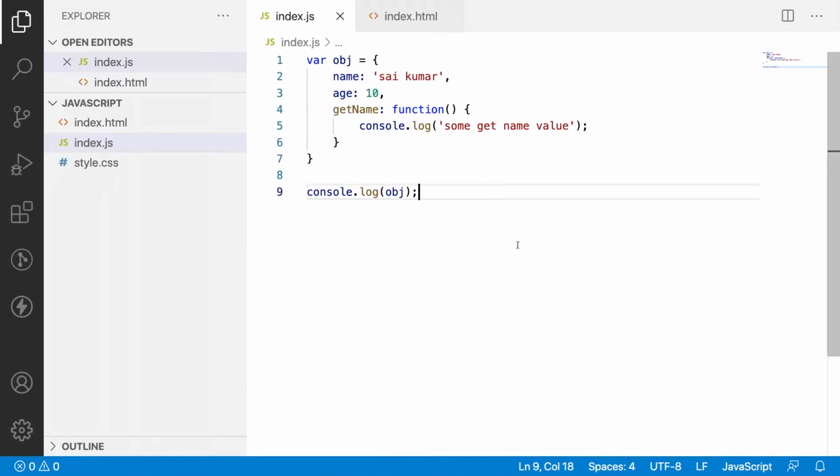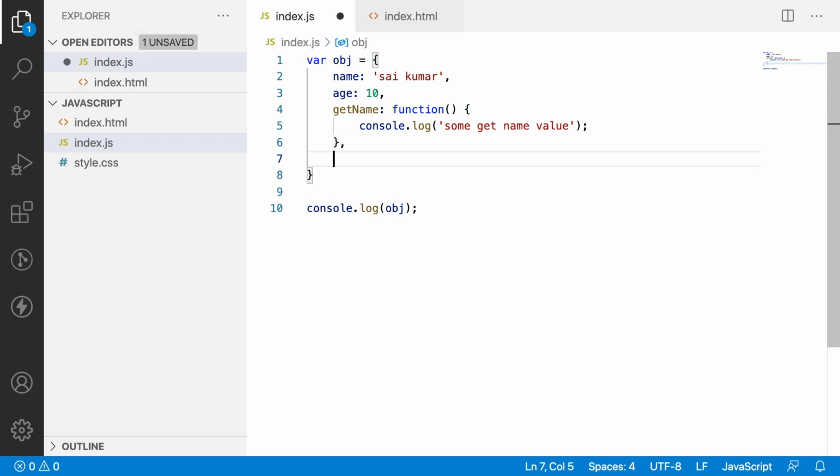That means an object can be defined as different types of key-value pairs where keys will be static, whereas the values can be changeable, and those values may be anything. That is a key with a string, a key with a number, a key with a function. So I can define my object in any way. You can even add an array into your object. For example, I'm giving one more property called mobiles, which is an array. I can add any number of values into this, 819000 something like this, comma, I can give 8787878787. These are my mobile numbers that I can give inside an object as an array.